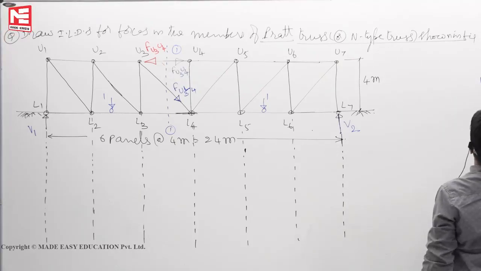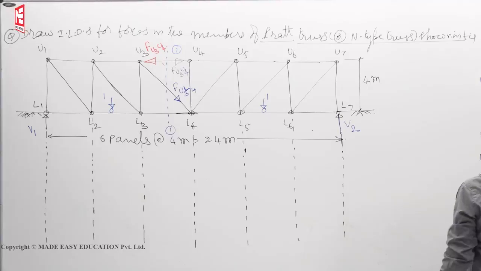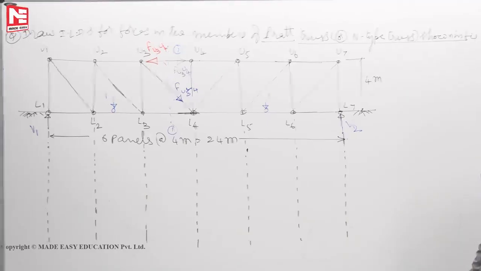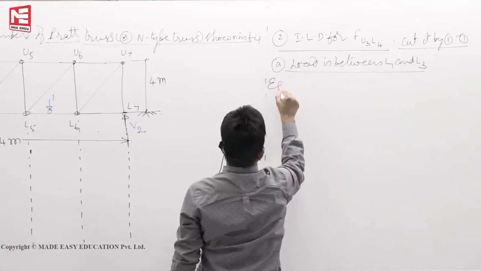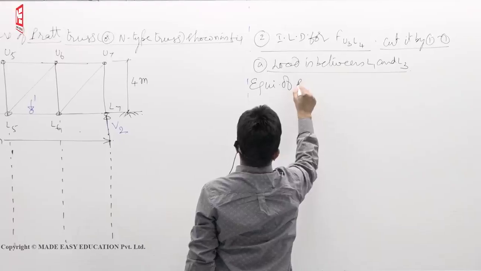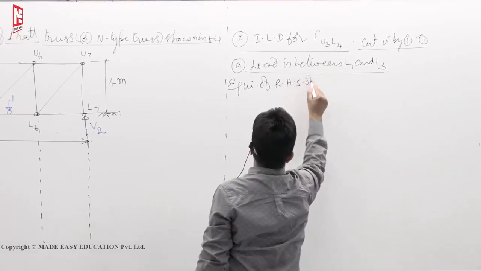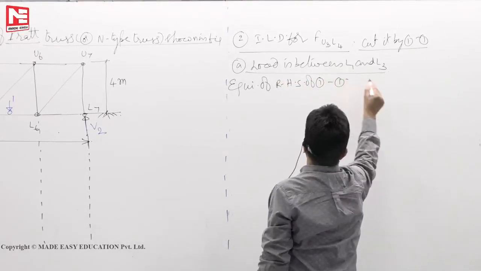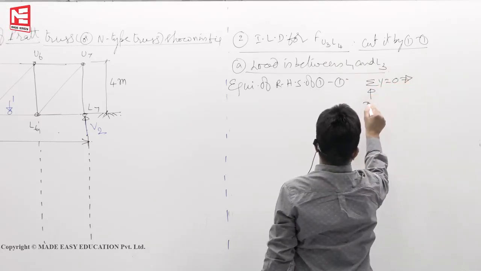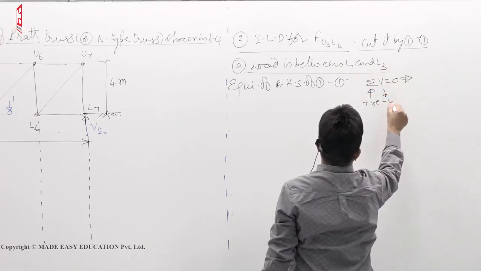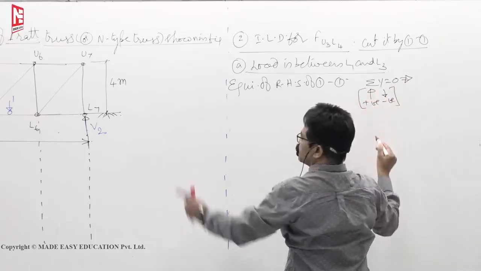First point, load is between L1 and L3. We will consider equilibrium of RHS of 1 1, and we will now write sigma y is equal to 0. Only that will let you complete fast. So plus V2